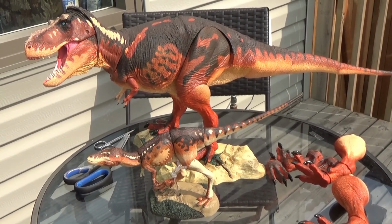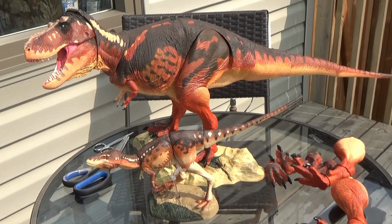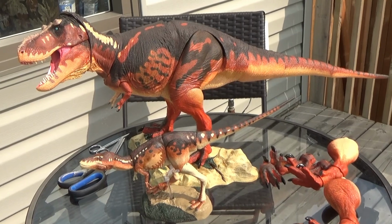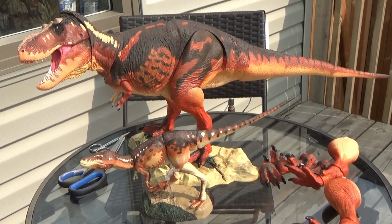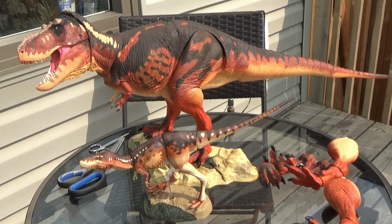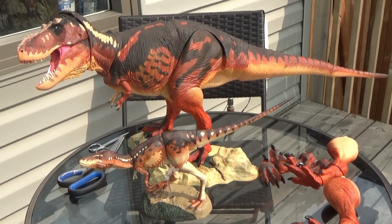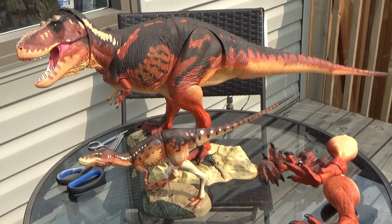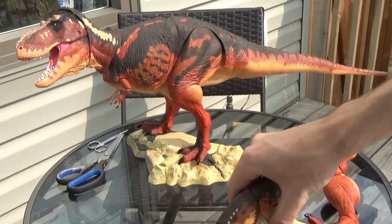So I'm going to quickly go grab two more Rexes to compare this guy to, to show you guys a bit more of a scale if you're considering buying it. So here we have the Kenner Red Rex. I'll put a little guy off to the side,